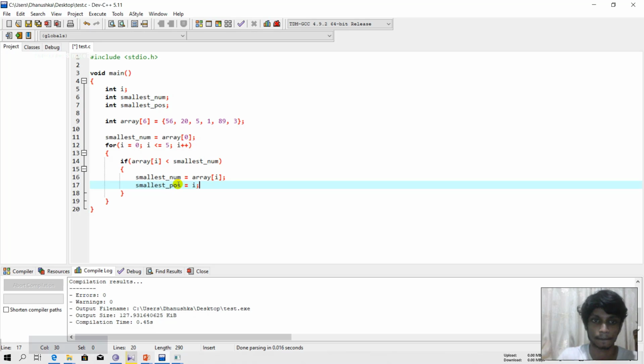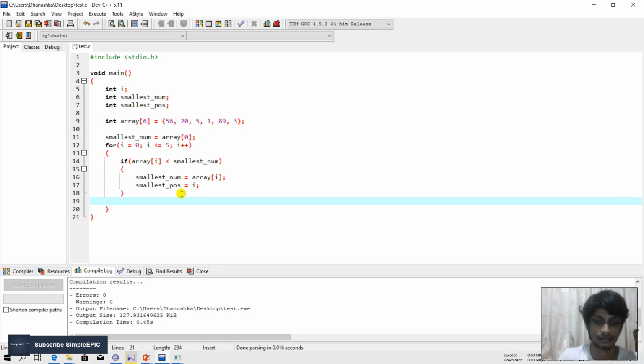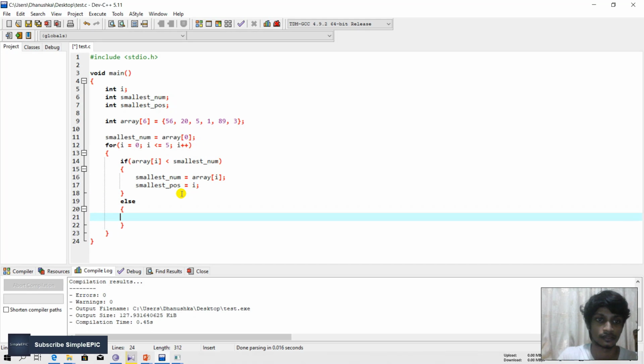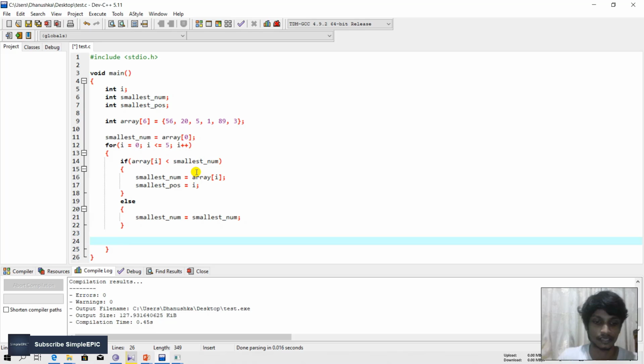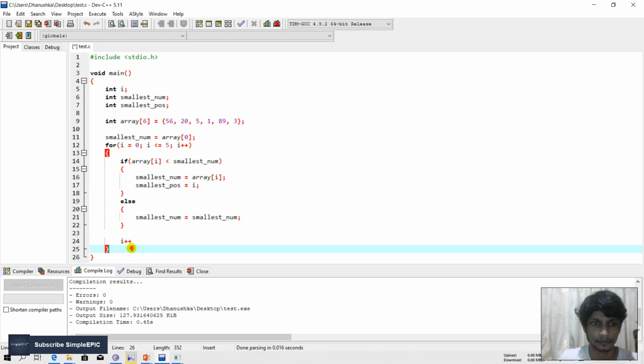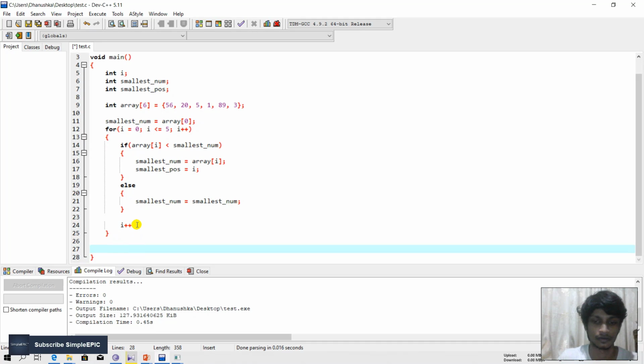will be I. If it is not, that is not necessary to change the smallest number or smallest position. And after this check, the I should be incremented to finish our for loop. And after all of these things happen, it should print the